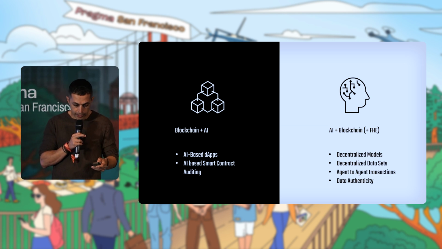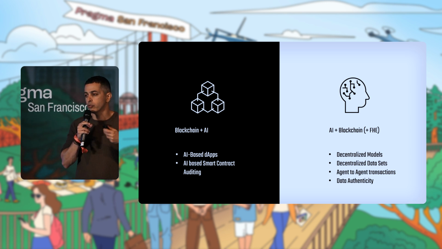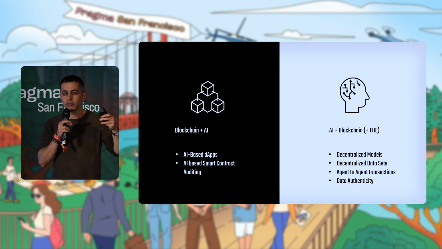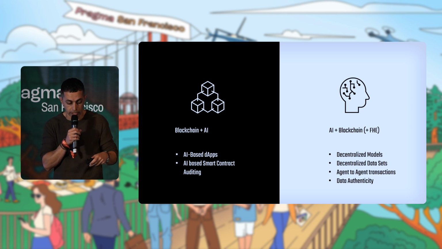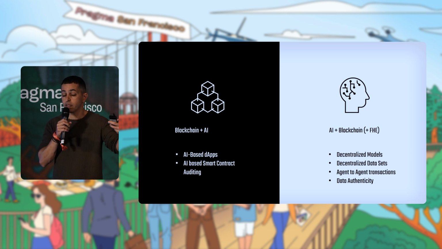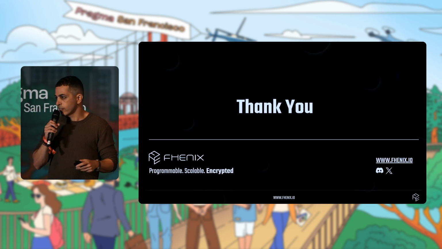And then lastly is data authenticity. As we see more and more AI-based applications, it becomes challenging to know what data is real, was generated by a human, or was generated by machine learning. Blockchains do a phenomenal job in doing authenticity, and we can start seeing marketplaces for authenticity of data, and sealed bid auctions for marketplaces, and just protecting it with FHE makes a lot of sense. So quite an exciting future.